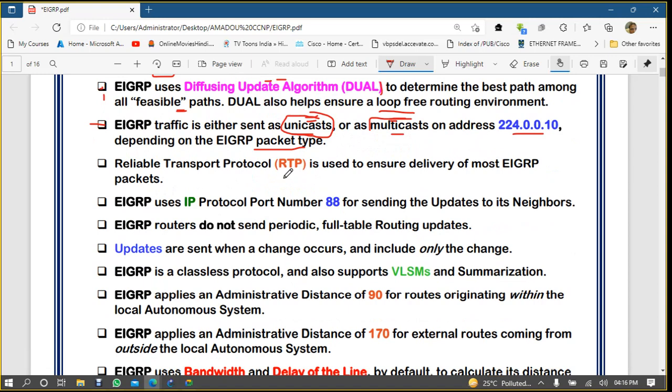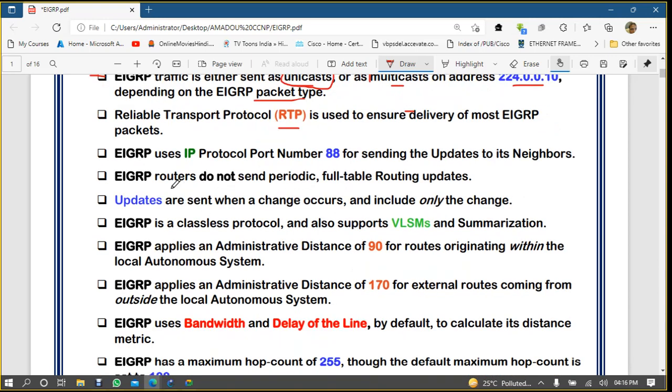EIGRP uses its own transport protocol, RTP, the Reliable Transport Protocol, for guaranteed delivery of data from source to destination. EIGRP uses IP protocol number 88. Why do we need to know this?